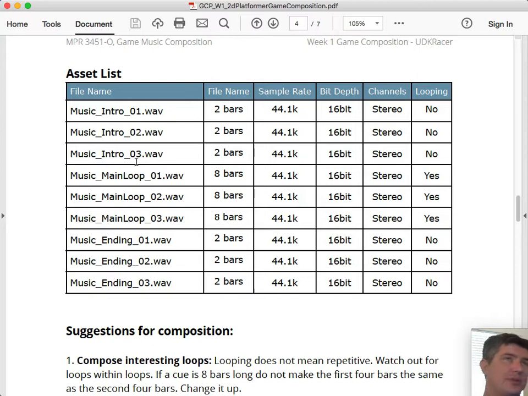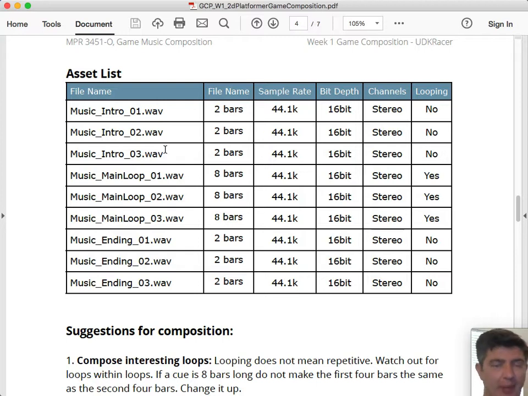So, game starts, and let's say it randomly chooses intro 3. It plays all the way through the 2 bars and reaches the end. And so the computer says, okay, that file is over. What do I do now? And the computer looks at the code and says, okay, there should be 3 main loops here.